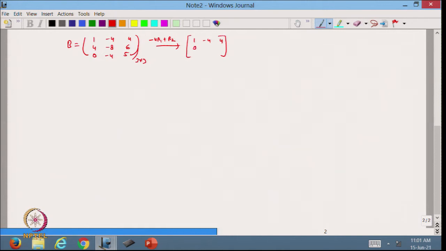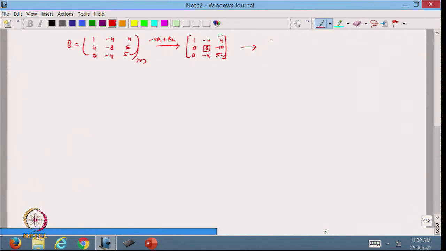So, from here I will get this value 0, and minus 4 and minus 4 it will be 16 minus 8. So, it will be 8. Minus 4 into minus 4 is 16, minus 16 plus 6 is minus 10, and that is already 0. So, it will be minus 4 and this is 5. Now, from here this is okay. So, my next pivot is this 8.